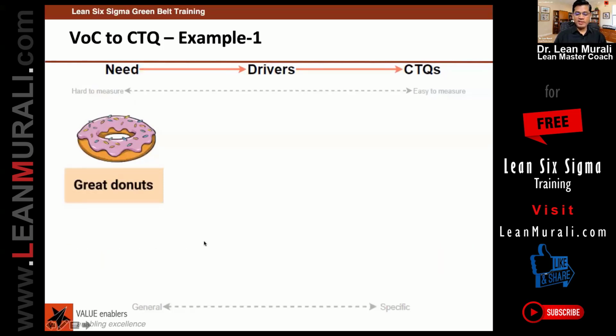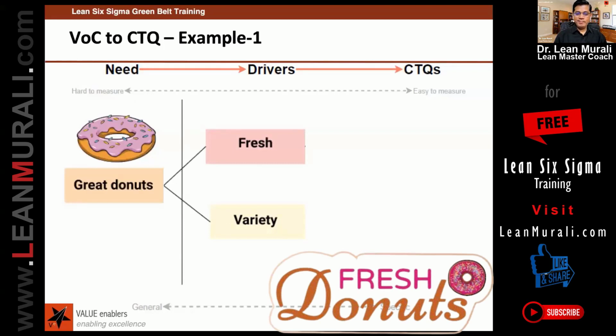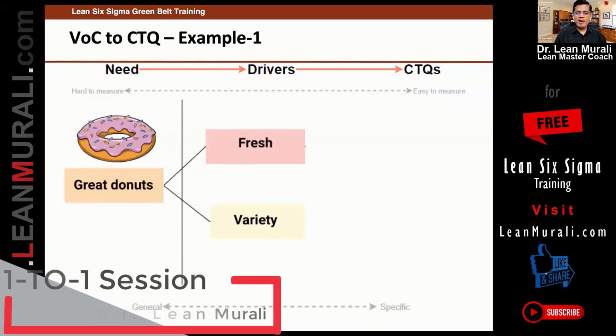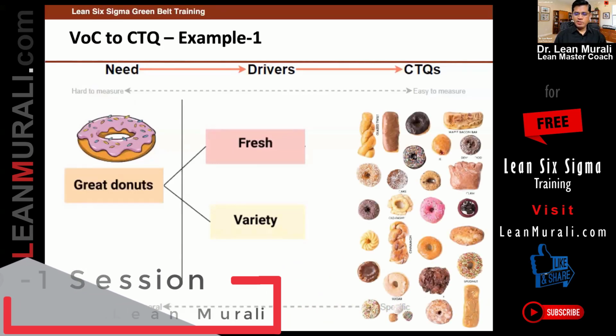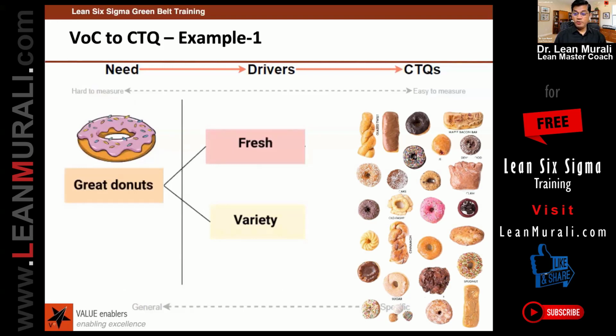All the drivers, I'll give you a couple of them. So you need some freshness in donuts, because as soon as you go there, you try to find out, is it fresh, right? And you also want to see some sort of variety, because when my daughter goes into a fine dinner, she looks for different toppings, this topping, that topping, this taste, that taste, etc. Do you agree? These are the drivers.